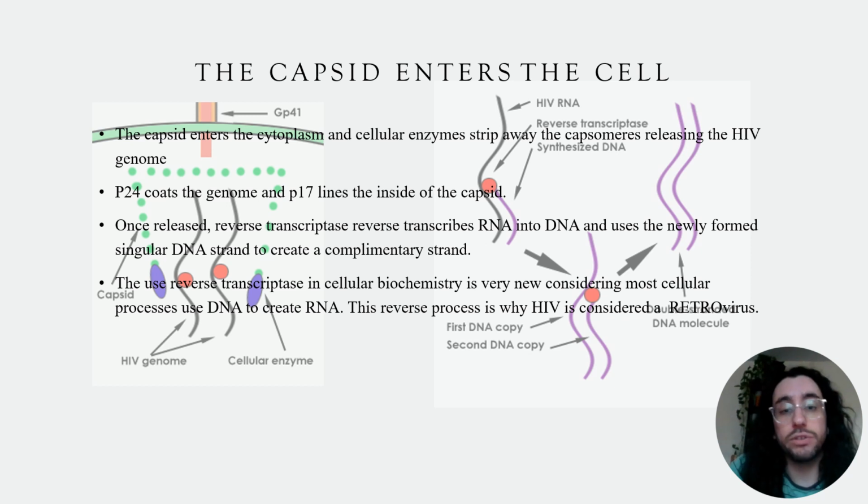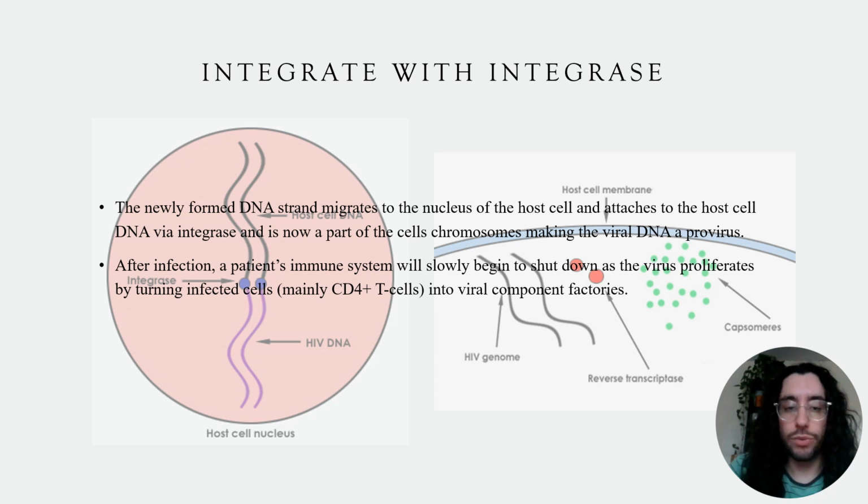The use of reverse transcriptase in cellular biochemistry is very new, considering most cellular processes use DNA to create RNA. This reverse process is why HIV is considered a retrovirus. Via integrase, the viral DNA will become part of the host DNA, turning it into a provirus, and this can